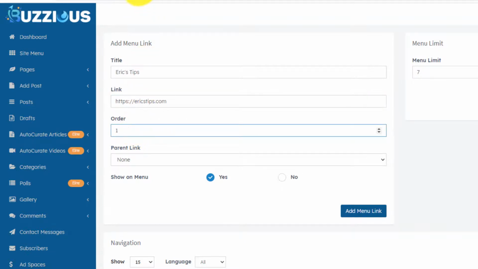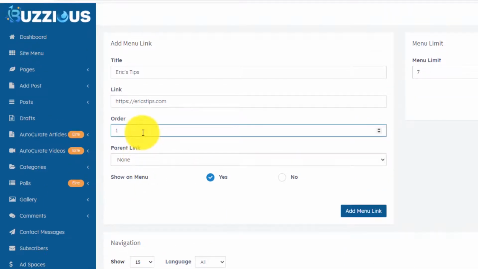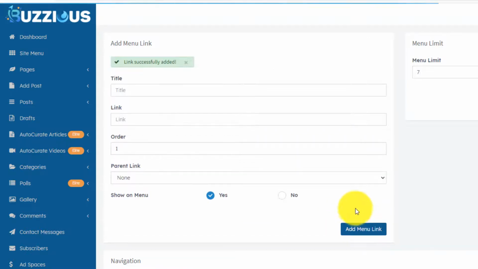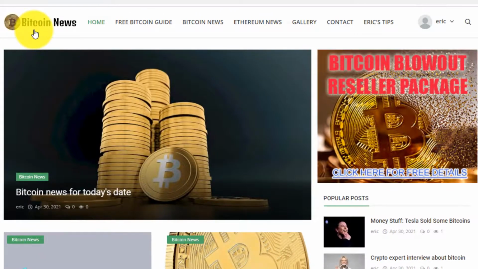And order, so I don't want it to be number 1. I might want it to be the last one, so let's just say order 7. And then add menu link. Okay, now if I go back to my home page, click refresh, we've got our categories, where we got the